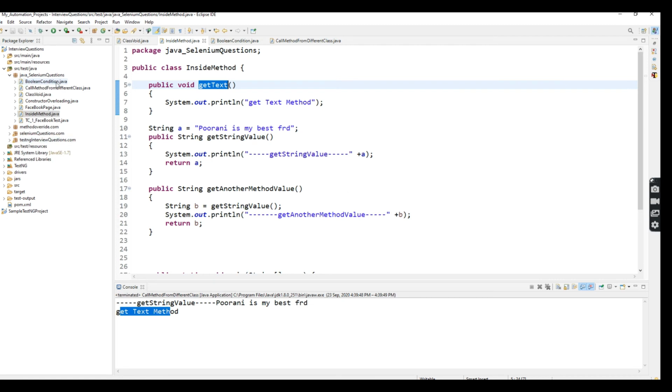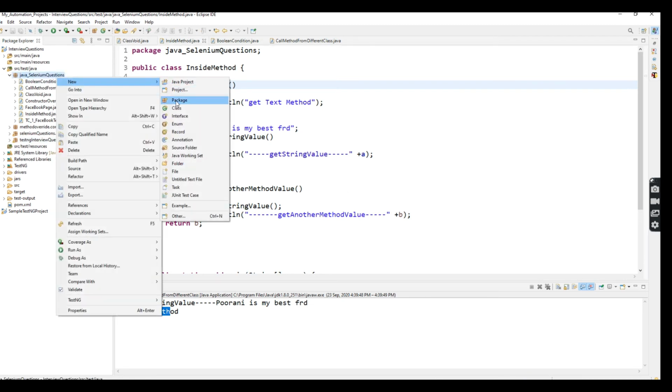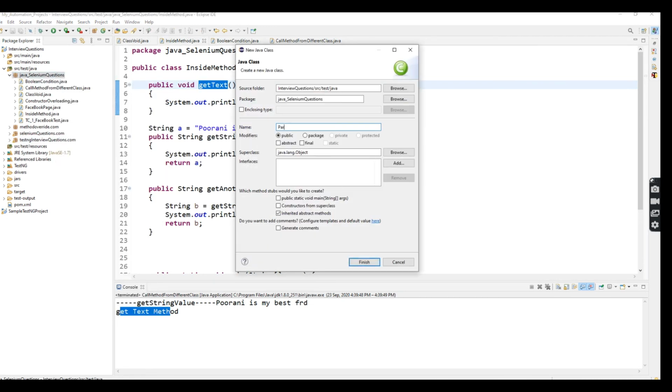So again, I'm going to create one class file which is parameter class method.